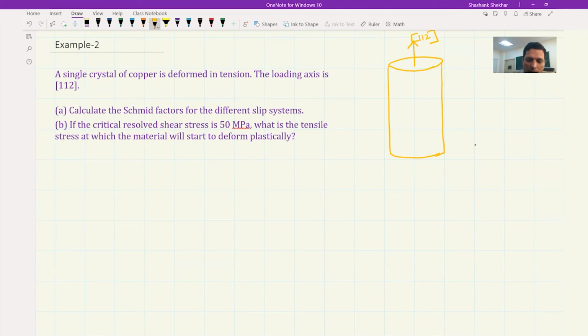And the second part is you are also given that the critical resolved shear stress is 50 megapascal. What is the tensile stress at which the material will start to deform plastically? So first we will look at which one has the highest Schmidt factor, and then for that we will calculate the tensile stress that would be required to make the dislocations move. So we will begin with